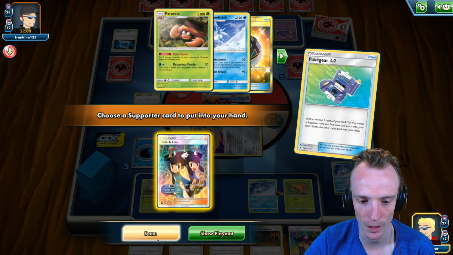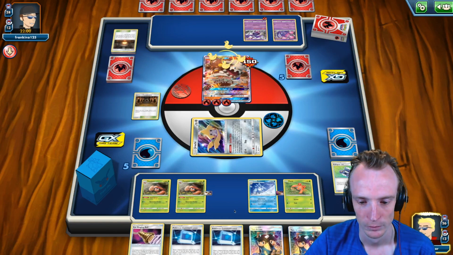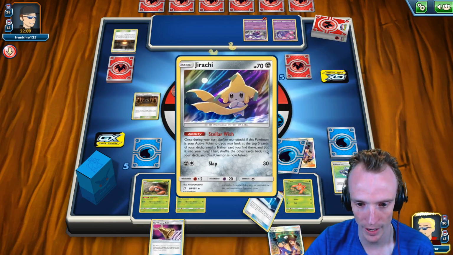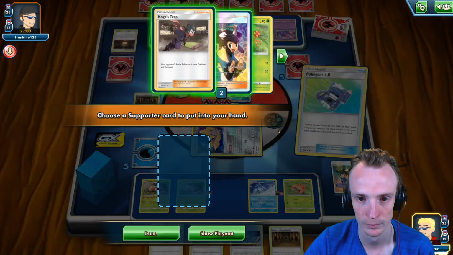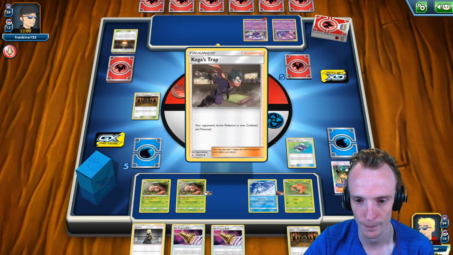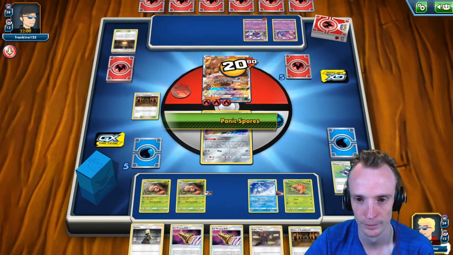I really feel like we need to Liza here to continue with setup. And hope that we can get out of the Jirachi. Because ideally we want to get to that Alolan Sandslash again. Ouch, that's cruel. So that did absolutely nothing for me. Well, we're risking the Jirachi now. But at least the Heatran goes down, so...